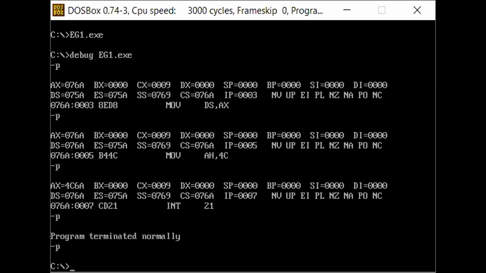So in the next step, we are not going to change the contents of AL. We are changing only the contents of AH, because the instruction says we are moving 4C into the AH register only. We are not disturbing the contents of the AL register. That is why we get 6A as it is in the next step. Only 07 is replaced with 4C. Got it, sir.